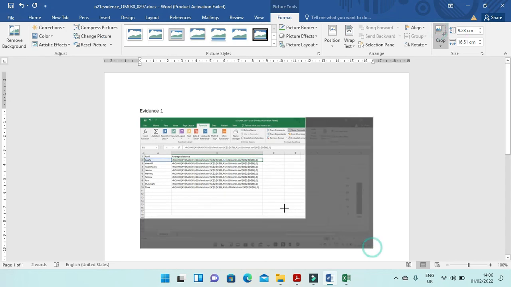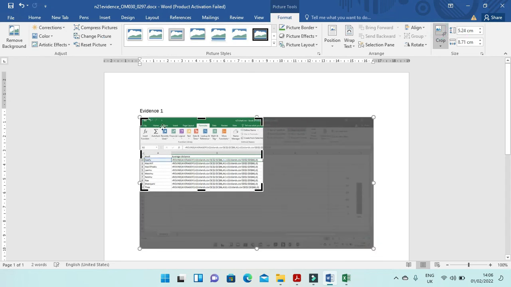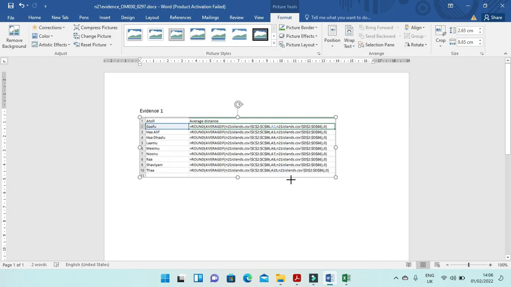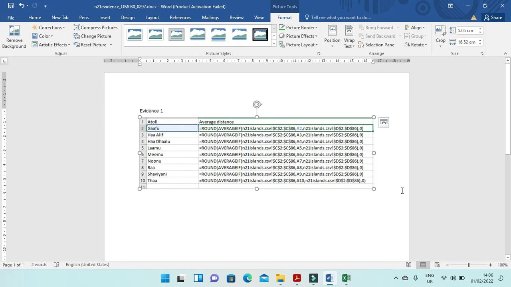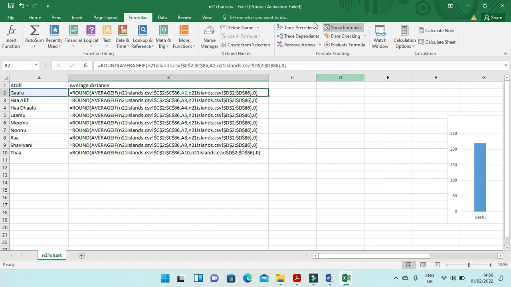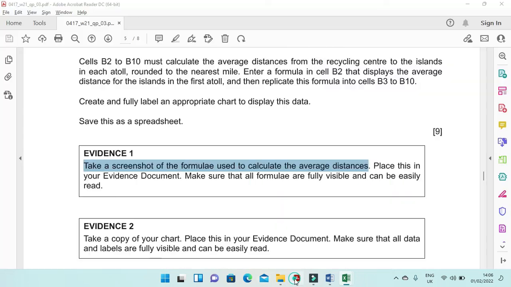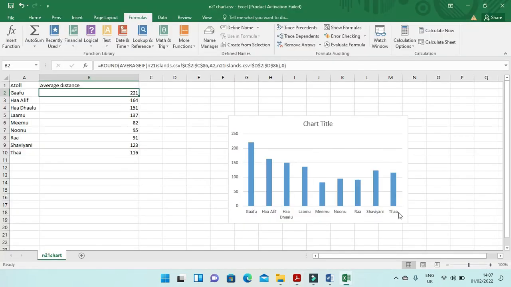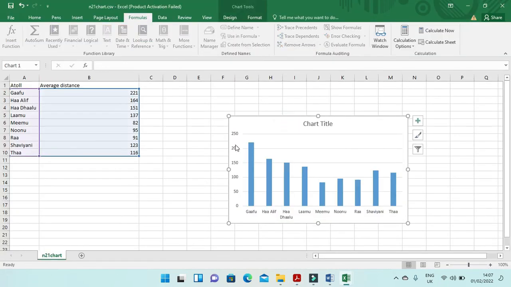Then just crop it. This is 1. And then next is to click on normal and then evidence 2. Copy and take a copy of your chart and paste it in your evidence document. So just copy this one